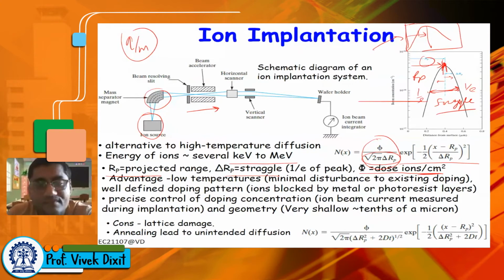Now there is a problem with this, because when these ions are bombarding the surface, they will disturb the silicon atoms, and when these silicon atoms are disturbed, some defects will be created. So to overcome this lattice damage, we have to do annealing. And this annealing, of course, will lead to some kind of diffusion. So it has some positive and negative points. Positive points we have already discussed: it's a low temperature process, you can precisely control the doping concentration, you can precisely control the geometry, and you can do shallow doping also, of the order of